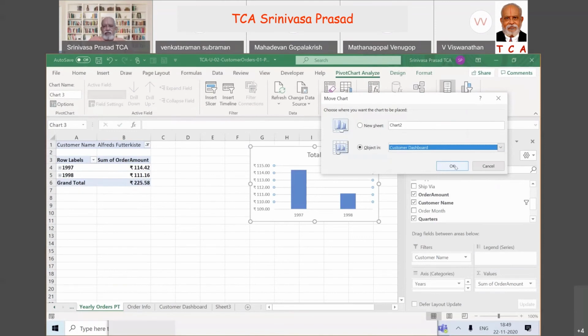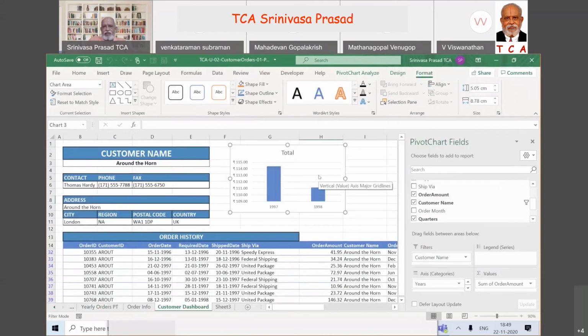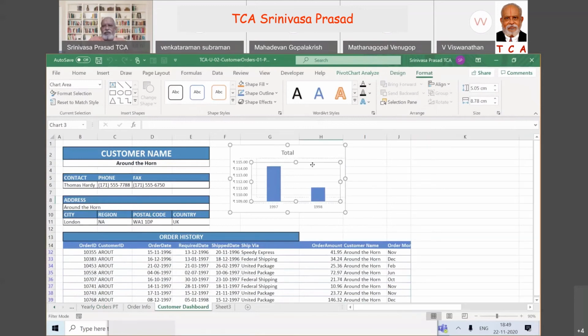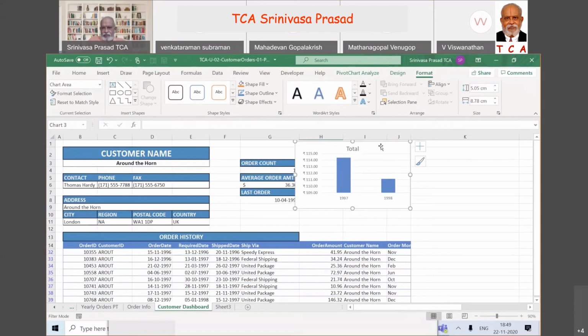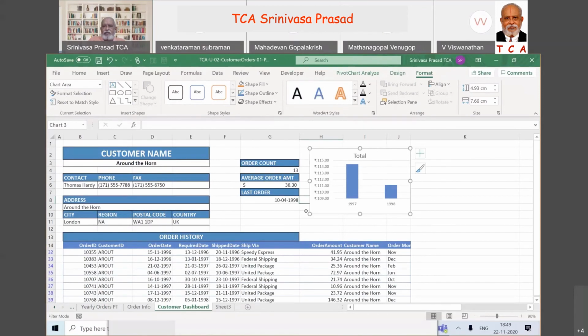We just click. Now I have got this, but unfortunately what is happening, it is now overshadowing whatever I have already written. So what we will do, we will slightly shift it out and make it slightly smaller so that it doesn't hit any of those things. I mean, this is a simple way of trying to make it more presentable. Okay. Is that clear now?